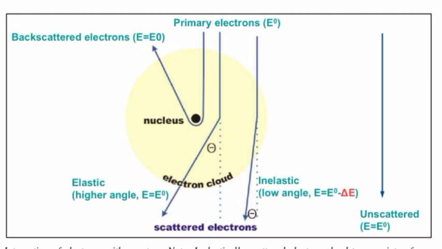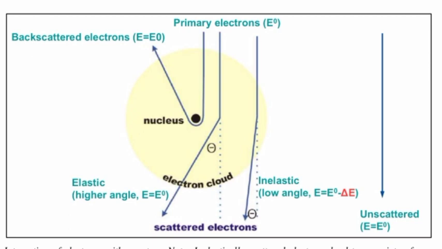Second, an electron of the primary beam is scattered by the electrostatic interaction with the positively charged nucleus of an atom at an angle of less than 90 degrees, yielding elastically scattered electrons. These electrons do not lose energy and therefore are referred to as elastically scattered electrons. Third, an electron can also lose energy while interacting with the electron cloud of the atom. These are called inelastically scattered electrons.